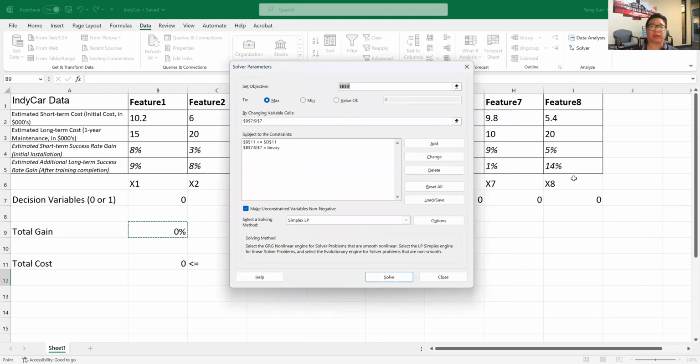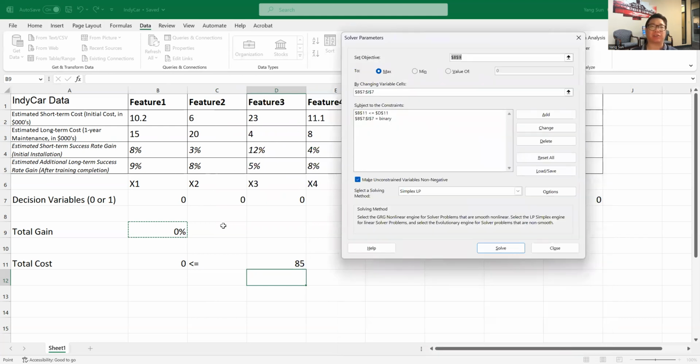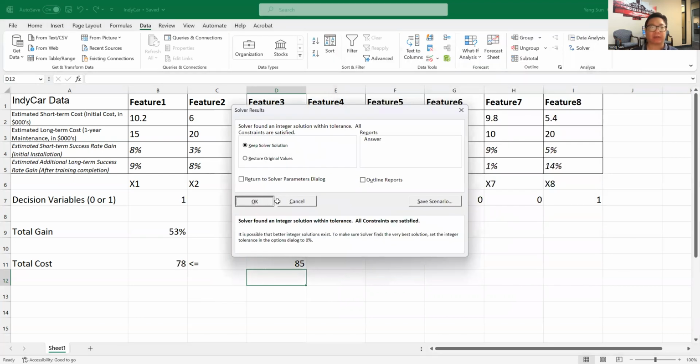And actually what we're doing here, all the calculations in this optimization model are just linear combinations of either costs or the performance gains. So this is what we call a linear programming formula. All the formulas in this optimization model are linear. So we can use a fast algorithm called the simplex linear programming algorithm to get the answer. We can use the nonlinear algorithm, but that's not as fast as the linear algorithm. Okay, these are just algorithms that are pre-coded within Excel solver. And this is all we need to tell the computer. Just click on solve, and